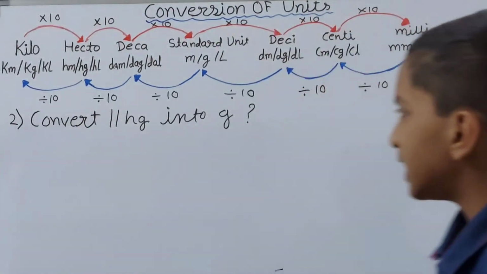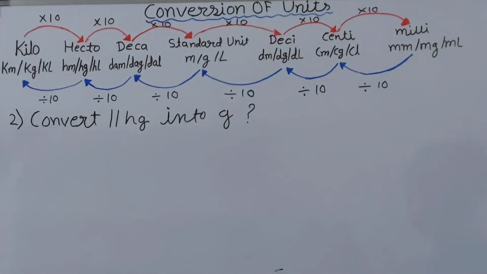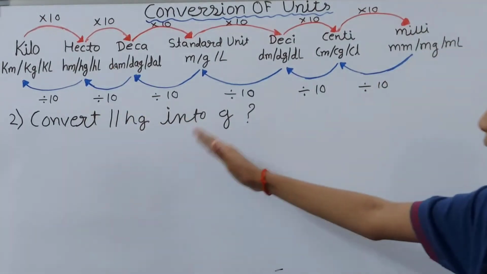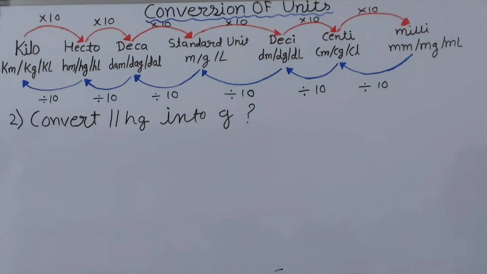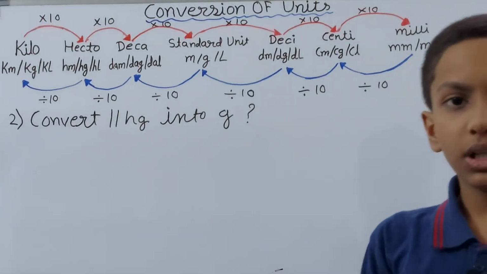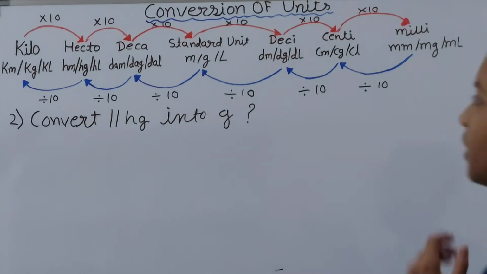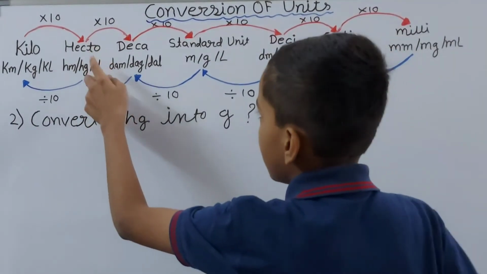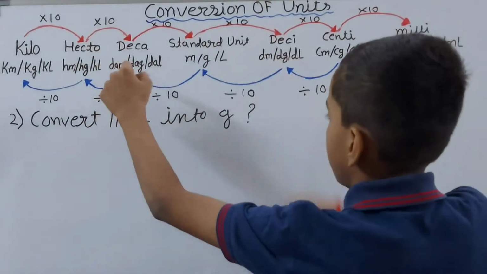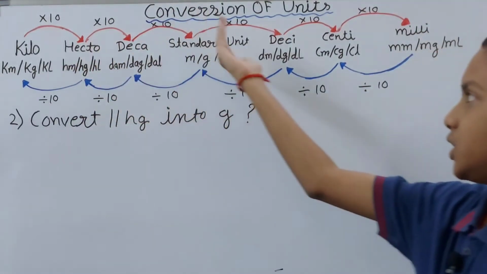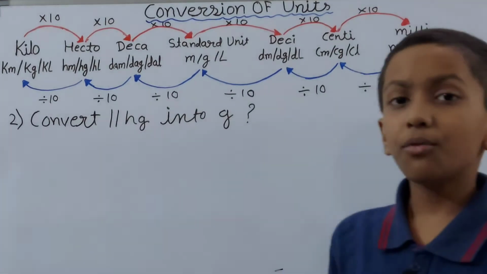So friends, the next question says convert 11 hectograms, that is Hg, into grams. So we have to convert 11 hectograms into grams. Now the first step is to decide whether we have to multiply or divide. So let's see, where is our hectogram? It is here, and where is gram? Here. So friends, this means we are going from a greater unit to a smaller unit. So we need to